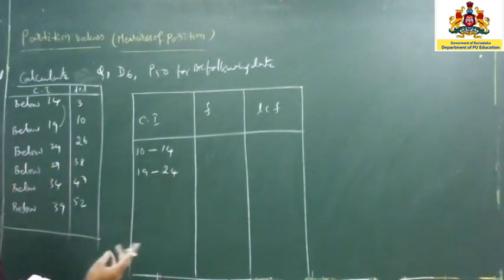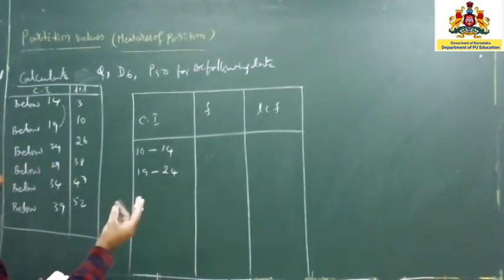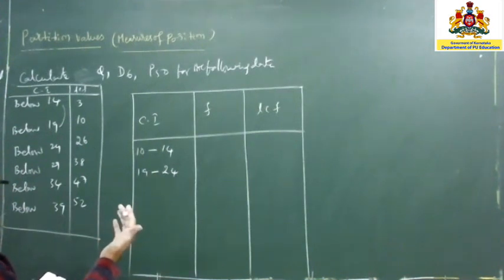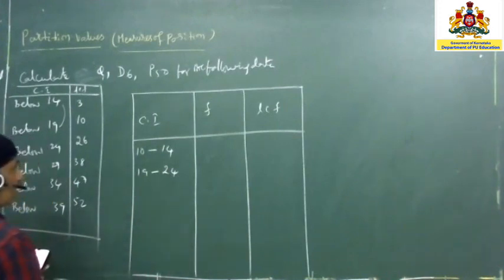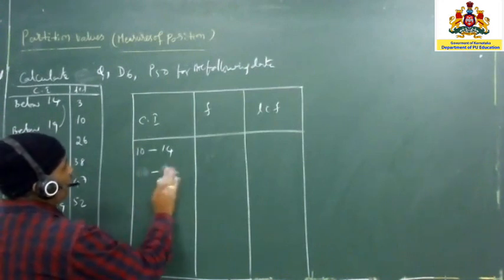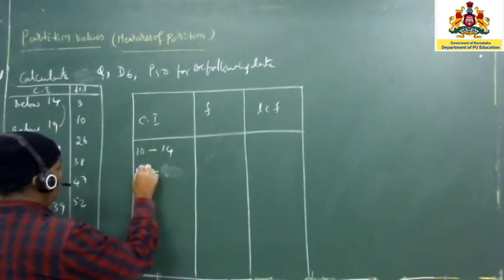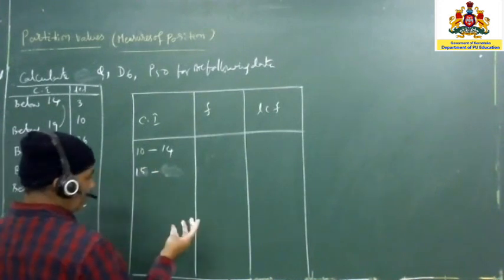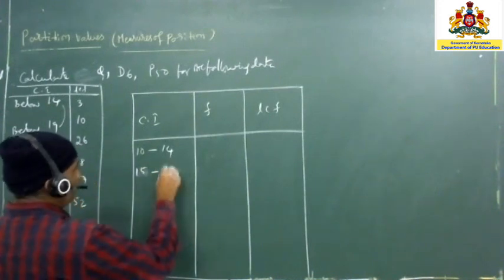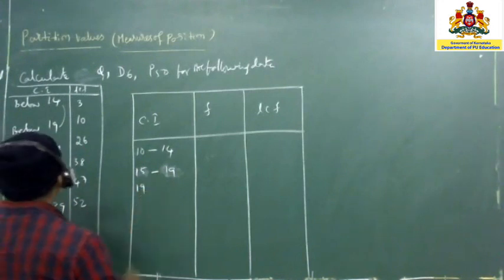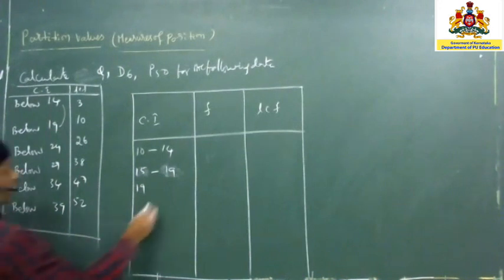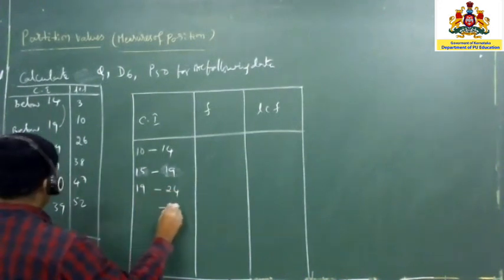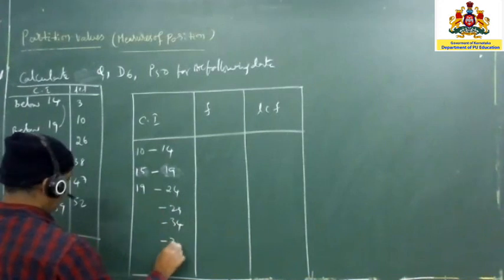Okay, so 10, look here, 10, 11, 12, 13, 14. 5 is the class interval because it is an exclusive class. You have to calculate it properly. So 19, 20, 21, 22, 23. Sorry, this is not 19. This is going to be 14 itself. 15 to 15, 16, 17, 18, 19. Next you will get 19. Below this, all of 14, 19 are going to be the upper limit. So here now we are going to get 24, now 29, now 34, now 39.